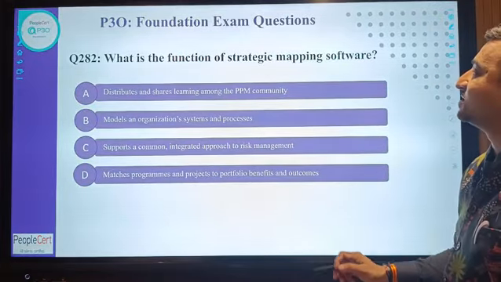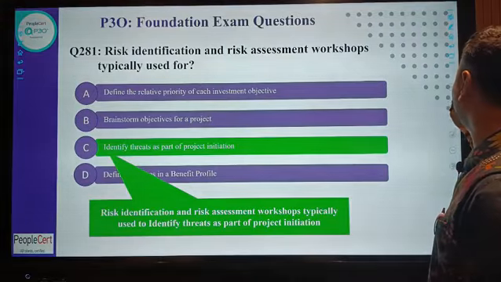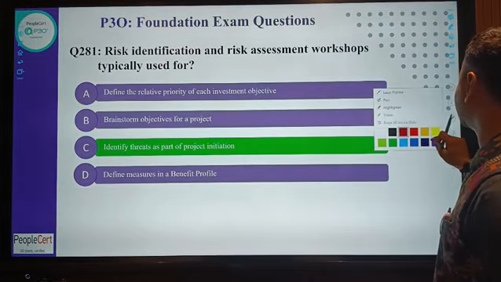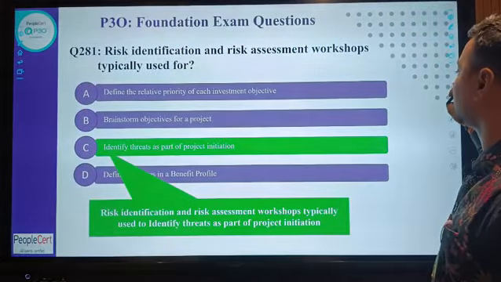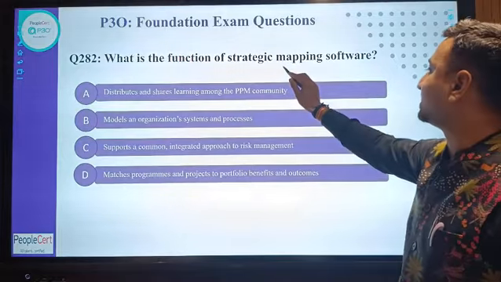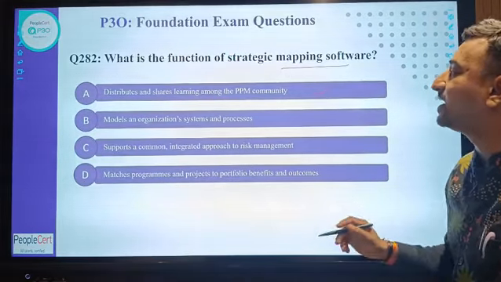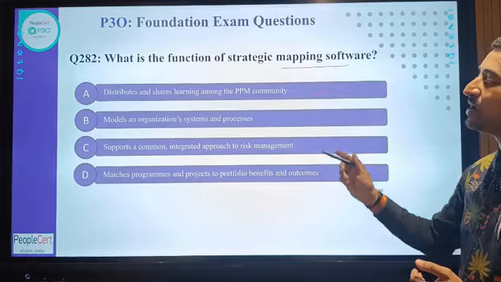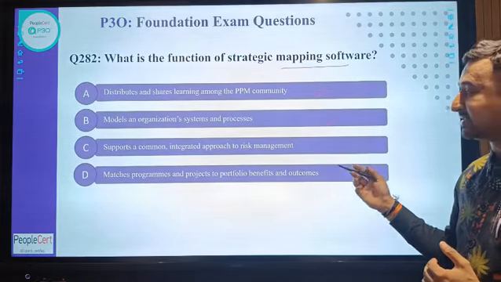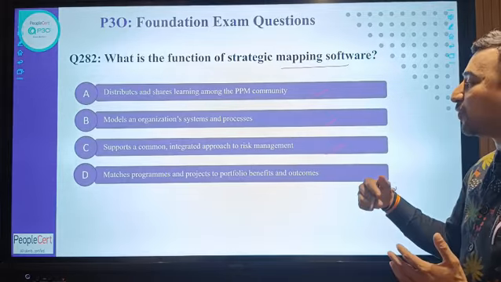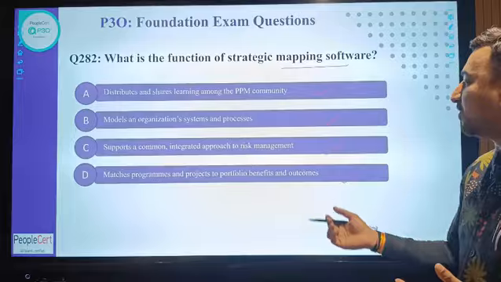What is the function of strategy mapping? So let's discuss here. What is the function of strategy mapping software? Option A, distribute and share the learning among the PPM community. Option B, models the organization system and processes. C says support common integrated approach to risk management, and option D, match program and project to portfolio benefit and